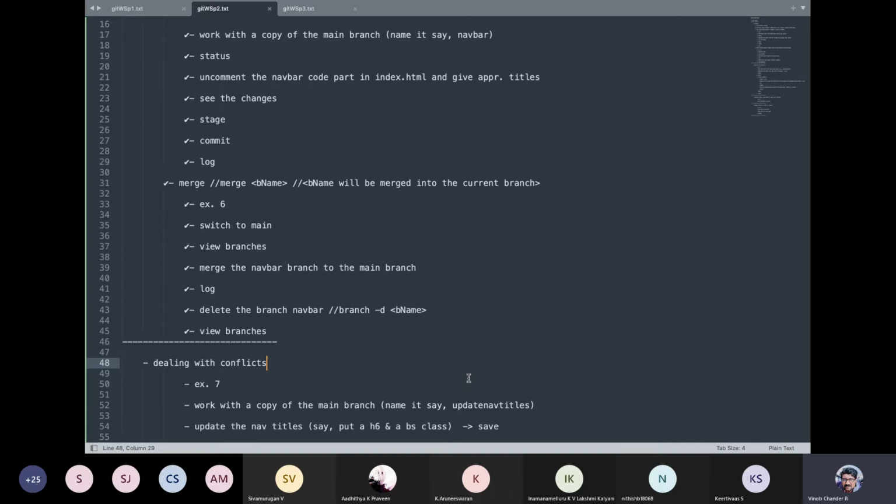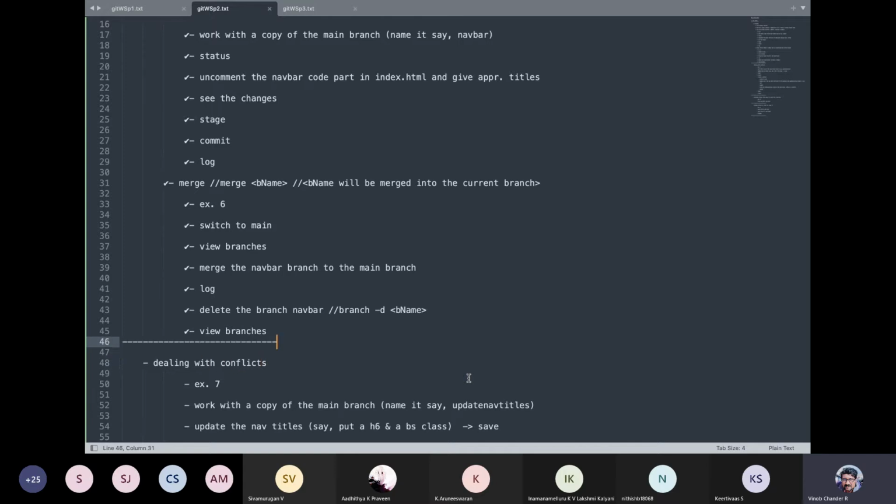Conflicts typically happen when people work on the same item. If there is a particular change on that item and you have committed it, and if the other developer again commits it, you get a merge conflict for that particular item. That is called a merge conflict. Do not worry if the definition that I've just said is not clear or does not make any kind of sense. It's okay.